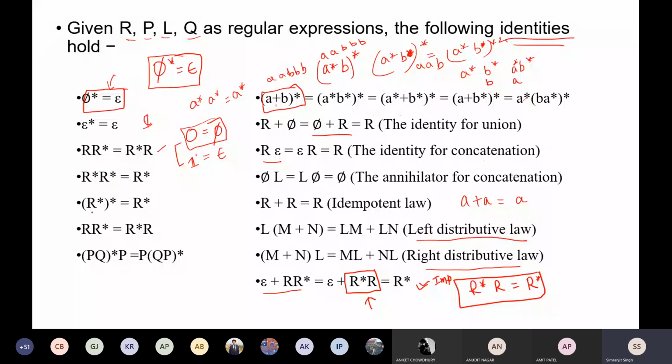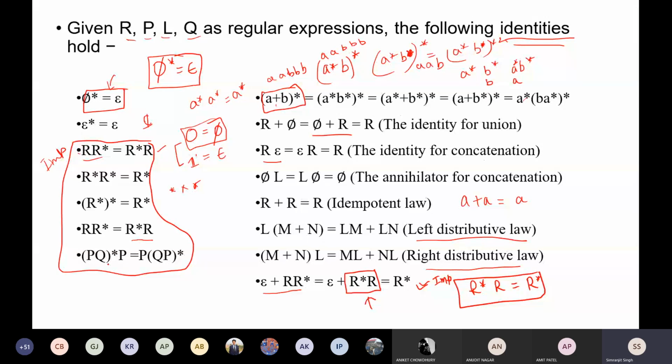In the same way, (R star) raised to the power of star, because star multiplied by star is also a star, you can replace it with a single star. The application of these expressions is very extensive, so keep these in mind as some of the most important expressions. You will be seeing these expressions mostly. I think we have already seen this one, R star. So this is the same thing. Sorry for that.